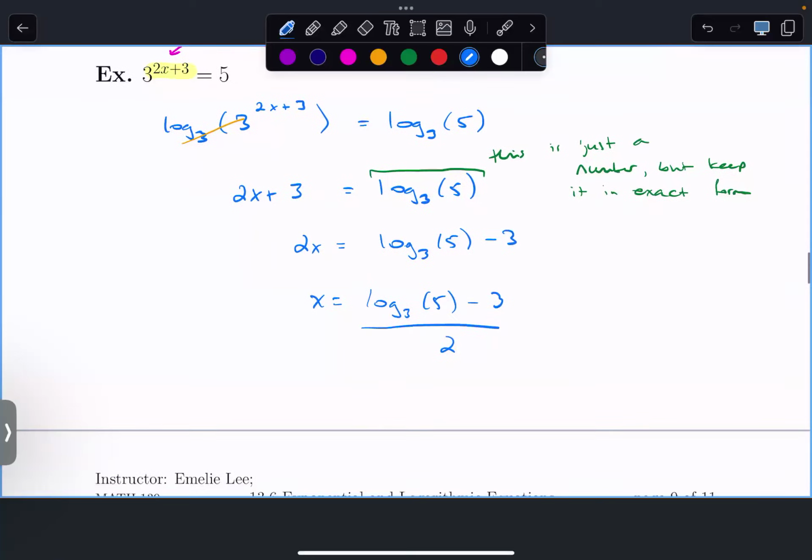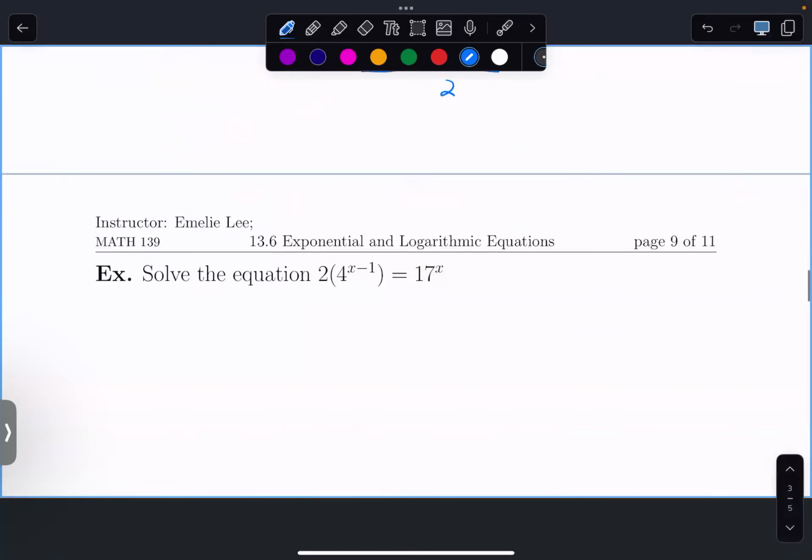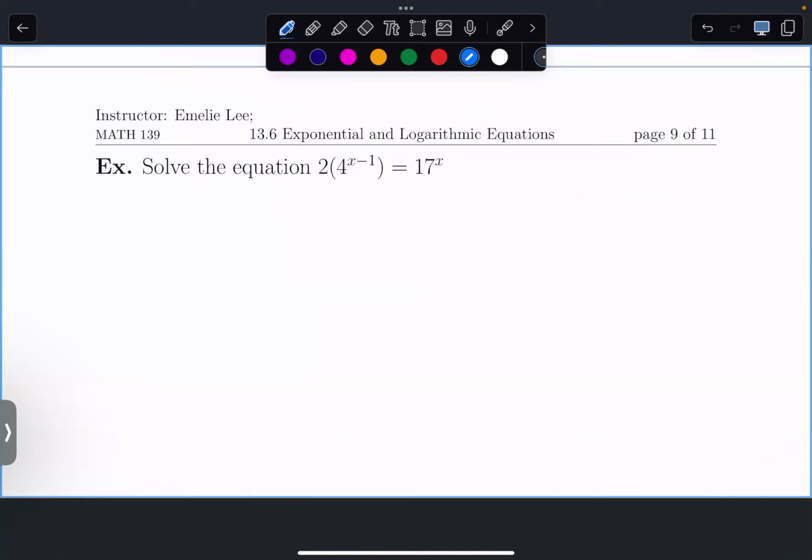Okay. What about the next one? Here, it's less obvious which log base I would want to use, right? I've got 4 to the power of x minus 1, so I could use base 4, or I also have 17 to the power of x, so I could use base 17, or I can just do whatever log I want, right? And because all the log properties are the same,